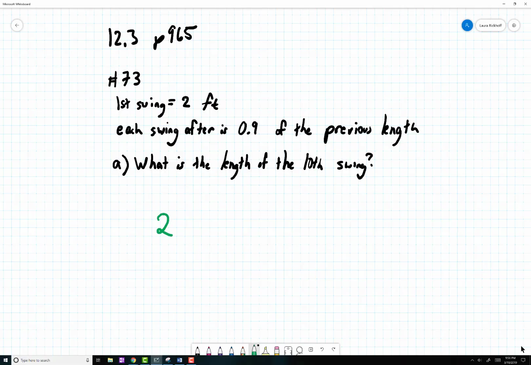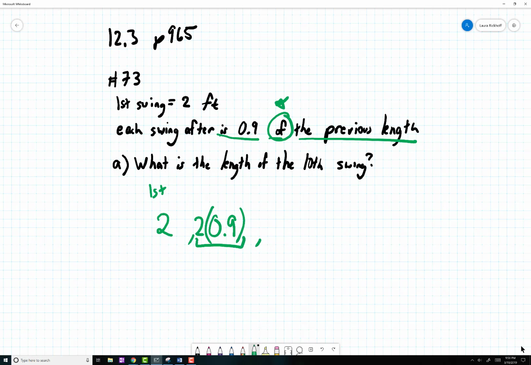So our first swing is 2 feet, and every swing after that is 0.9 of the previous length. So basically 0.9 times the previous length. So the next one is 0.9 times 2. And then our next one is 0.9 times that. So it's that times another 0.9, right? And then it's this times another 0.9,